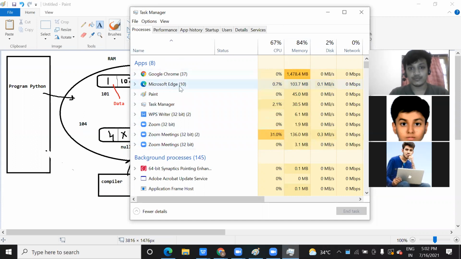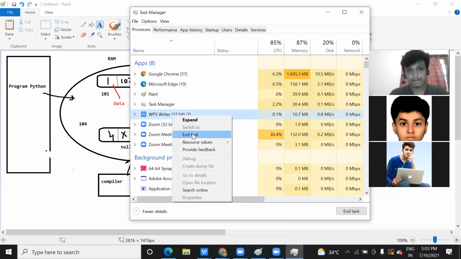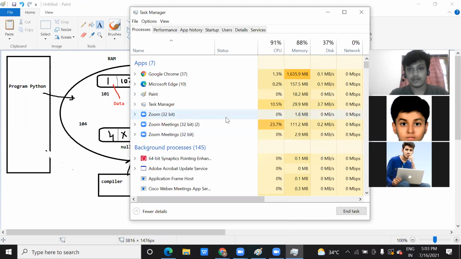When I close any of these applications, suppose here, let me close this. See, now my memory will somewhat reduce, but it continuously keeps changing. Why? Because others will take over, since I closed that software, but now these are occupying the space. It tells you how much CPU is working, how much memory is occupied, how much storage or disk is involved. So this is an example.